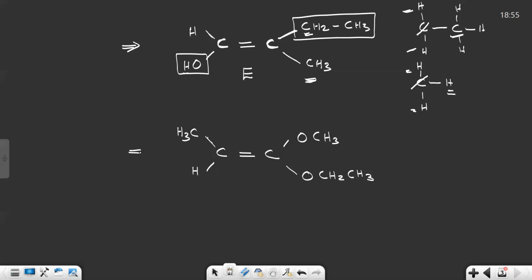Consider our next example. You can see here carbon is attached to hydrogen, but here it is with carbon. So this one has higher priority. Now come to the right side carbon atom. It is attached with two oxygen atoms. So there's a tie. Now we are moving to the next atom.